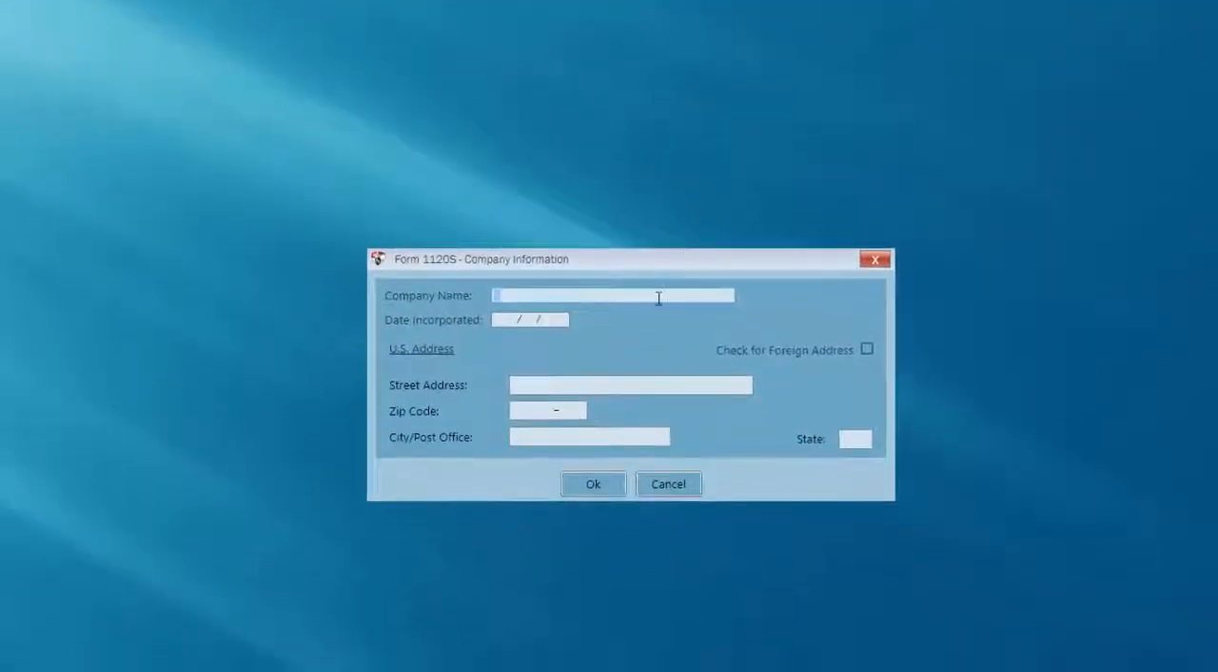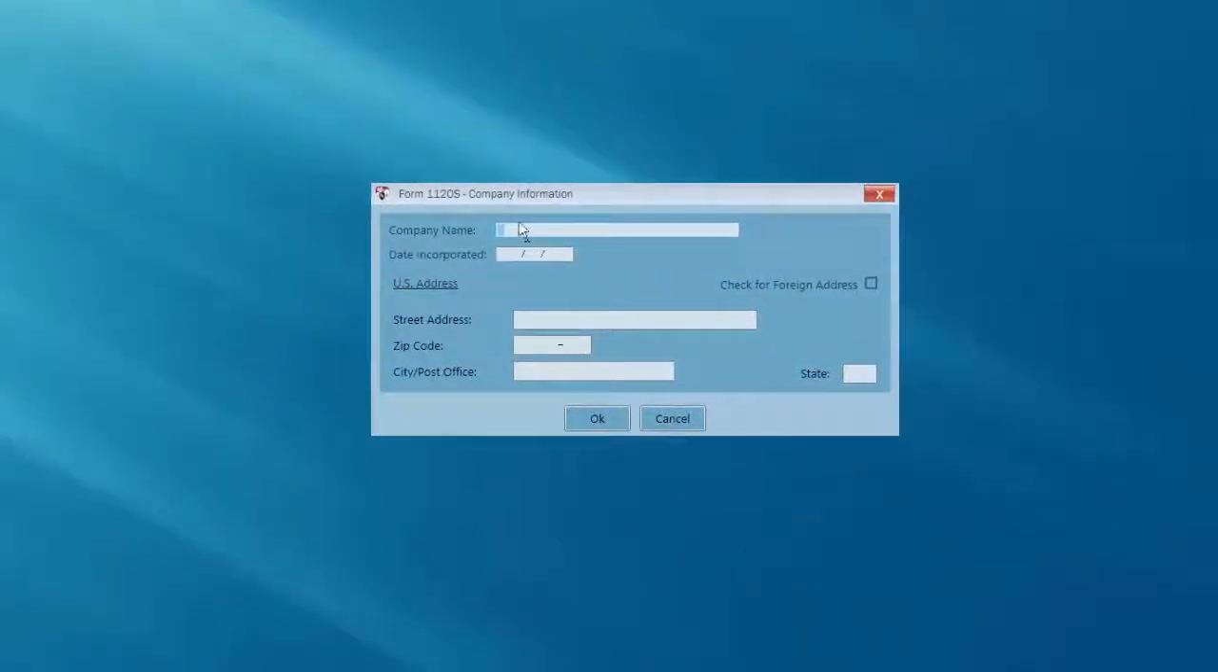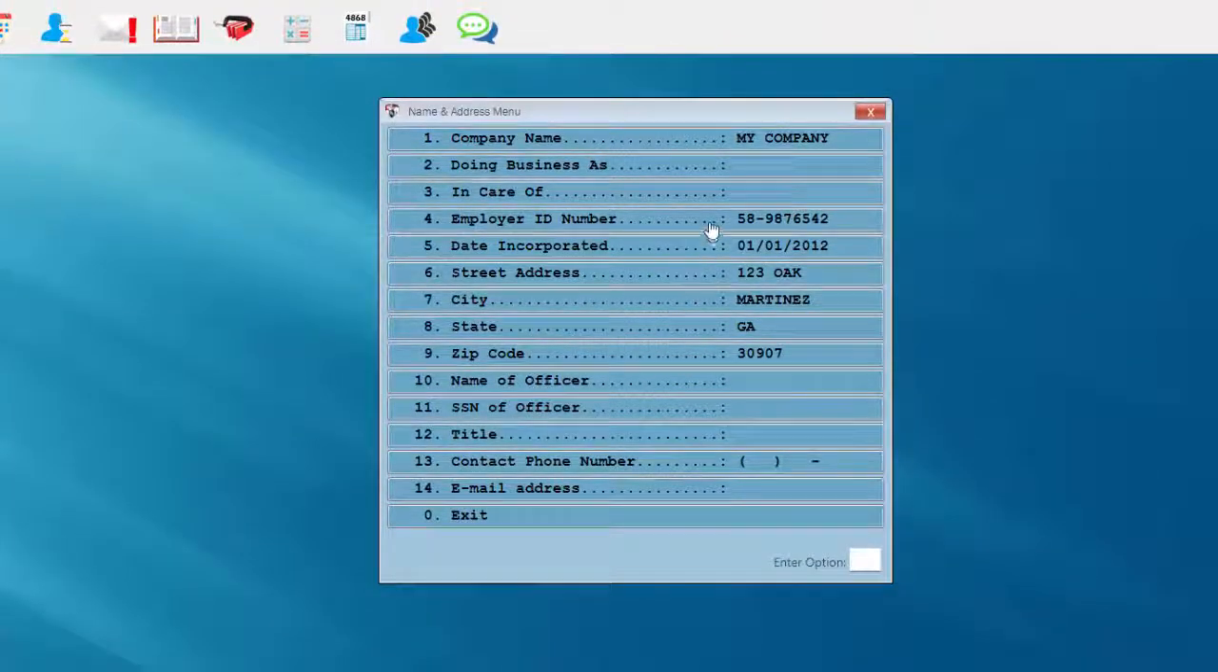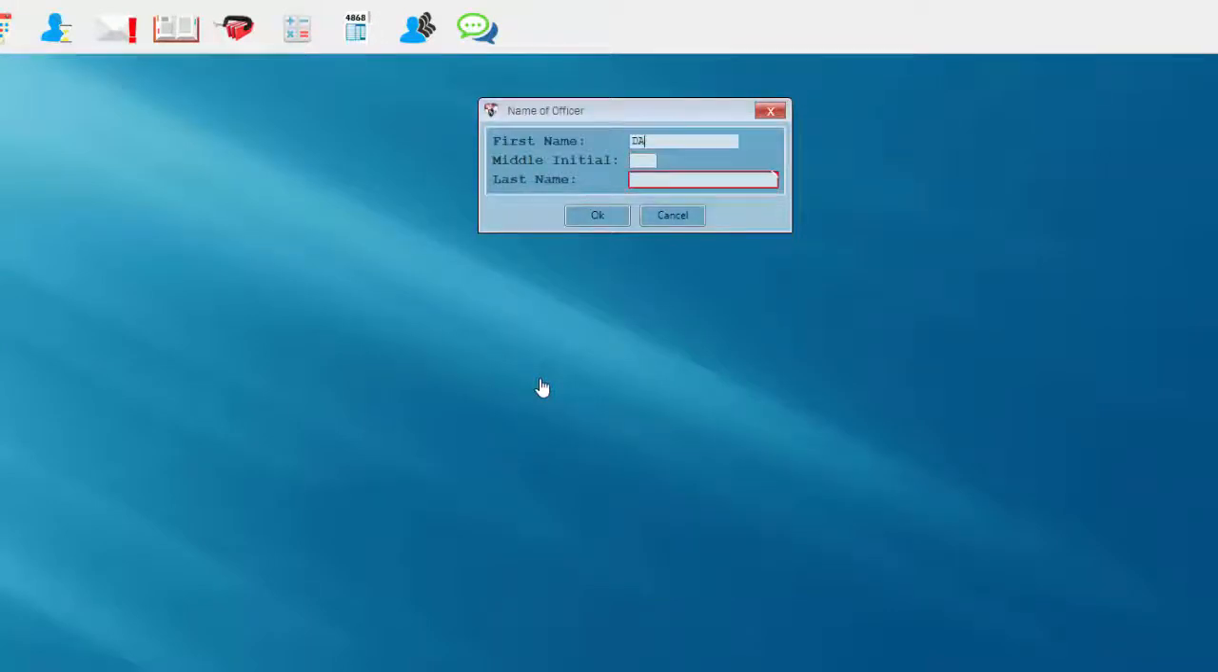And similar to entering the information for an individual tax return, we'll need to enter the company name, the date incorporated, the street address, and the zip code. And again, once we enter the zip code, the city and the state will automatically fill. At this screen, we can review the employer identification number, the date incorporated, and the street address, and make any corrections necessary. Also, while at this menu, we'll want to enter the name of the company officer,